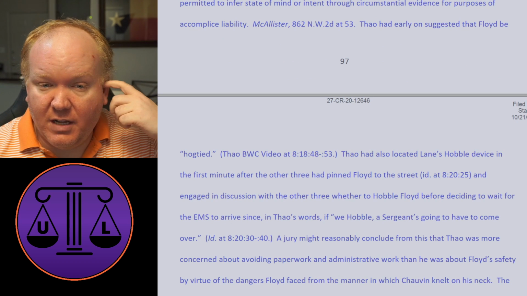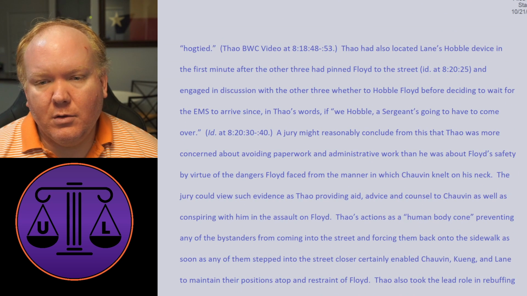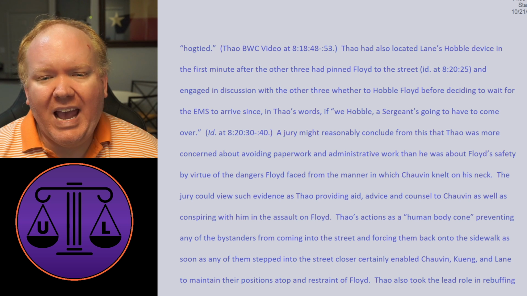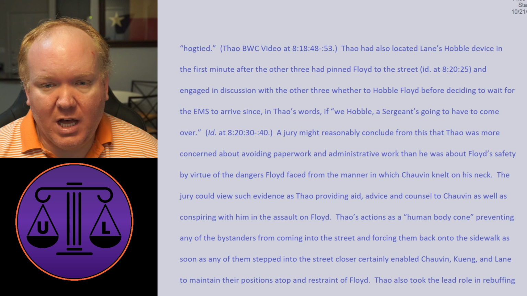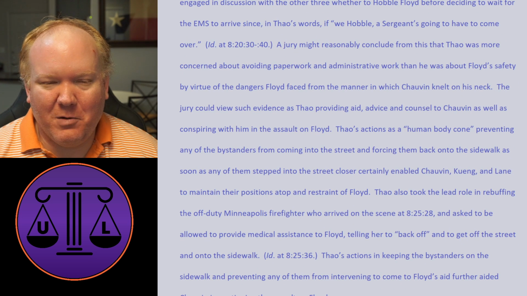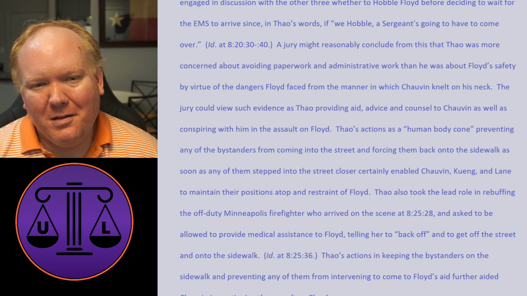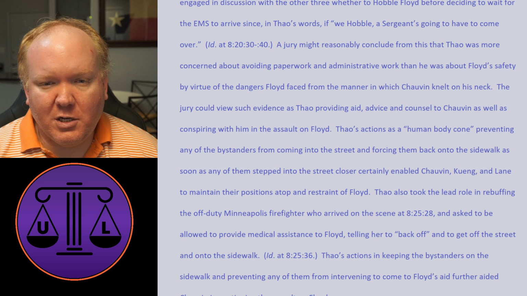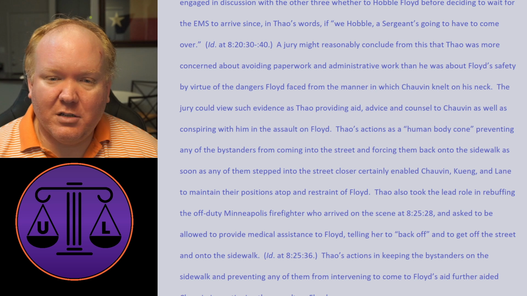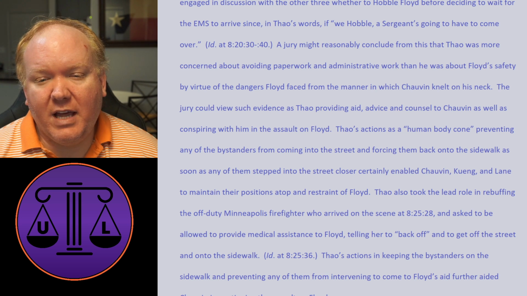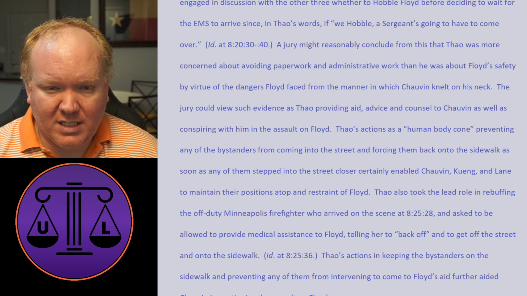Thao had earlier suggested that Floyd be hogtied. They'd also located Lane's hobble device in the first minutes after the other 3 had pinned him, and engaged in a discussion as to whether they should use the hobble. And they didn't want to because it meant a sergeant would have to come over to examine it, so they didn't want to have to bother with the paperwork. All right. A reasonable jury could conclude from this that Thao was more concerned about avoiding paperwork and administrative work than he was about Floyd's safety, by virtue of the dangers Floyd faced from the manner of the knee on the neck. The jury could find sufficient evidence that Thao provided aid, counsel, as well as conspiring with him to